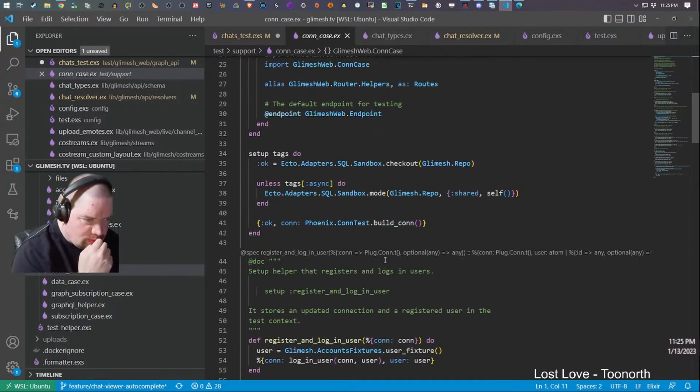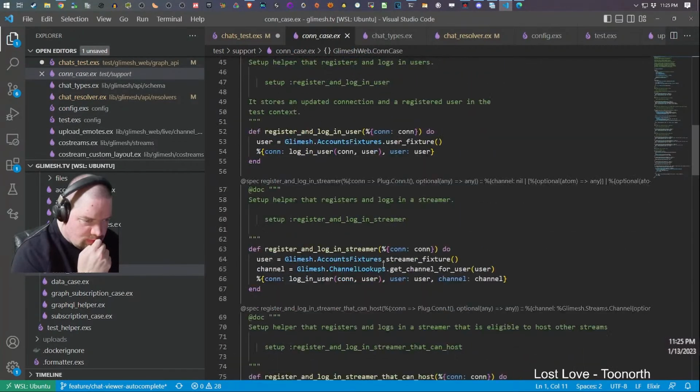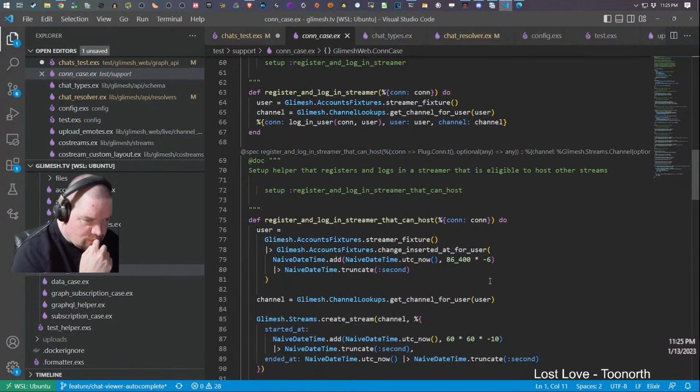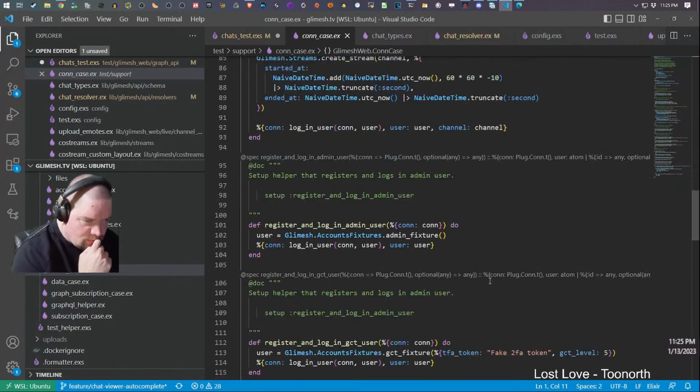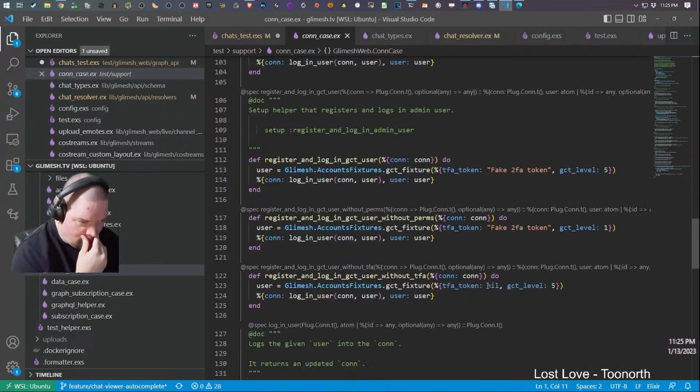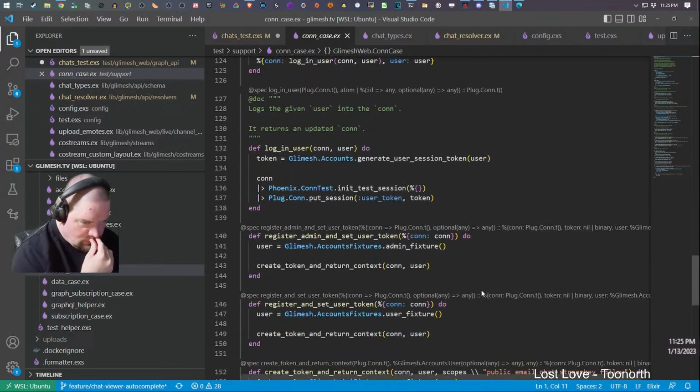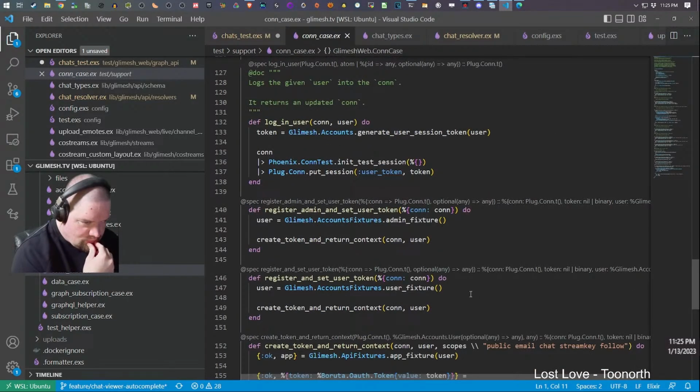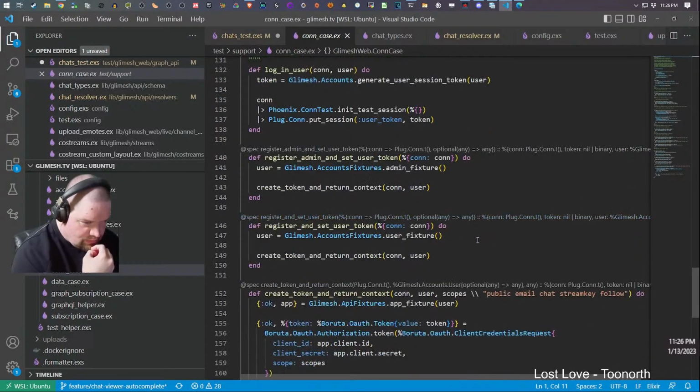These templates. Yeah, here we go. Register and login user. Register login streamer. Login user. Register admin and set user to. Register and set user to. The one it's calling. Okay.